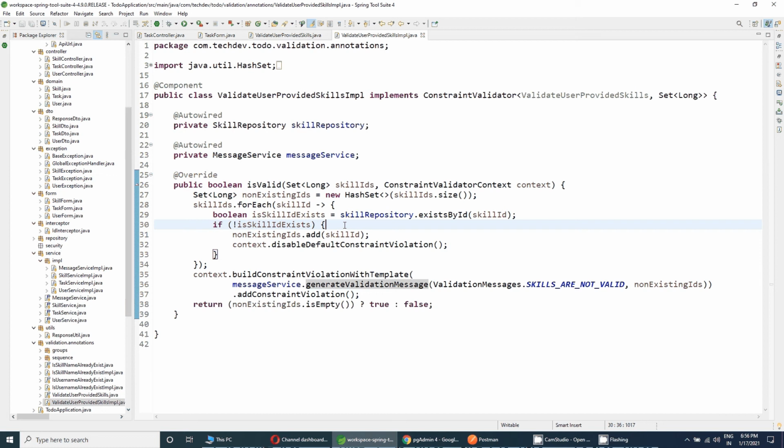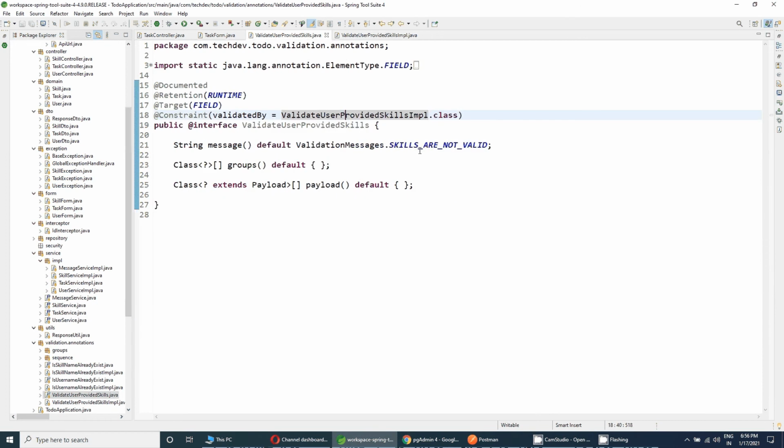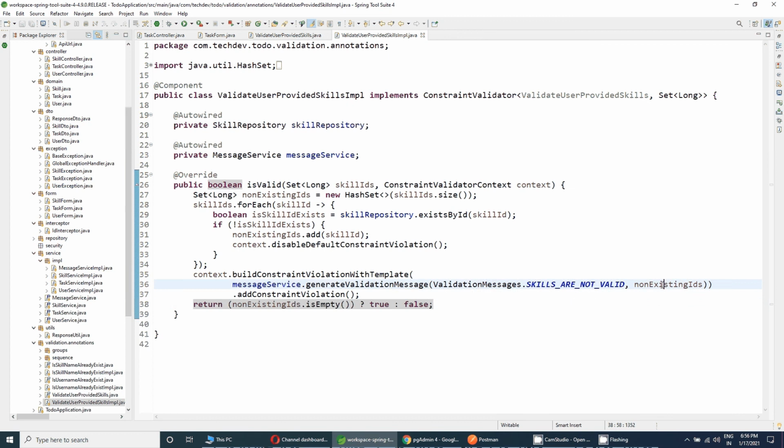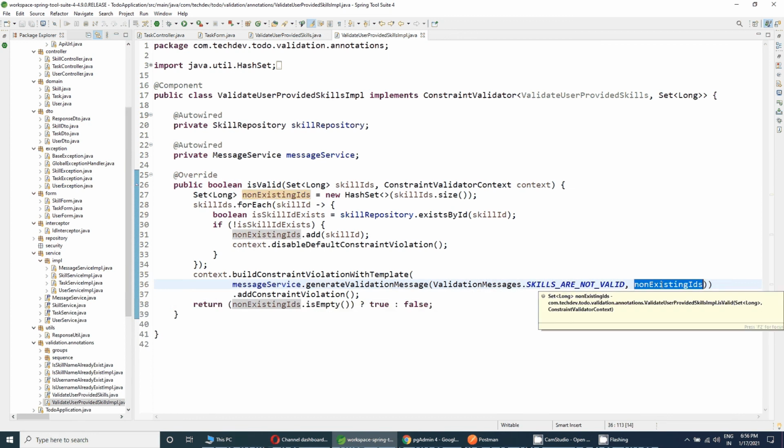The 3 and 4 IDs do not exist. So I want to send the message to the user that skills are not valid. Definitely the skills are not valid message was also there. But in that case, you want to add some data to the message. Let me show you what I am trying to say.